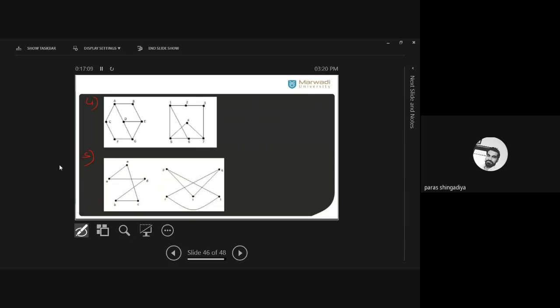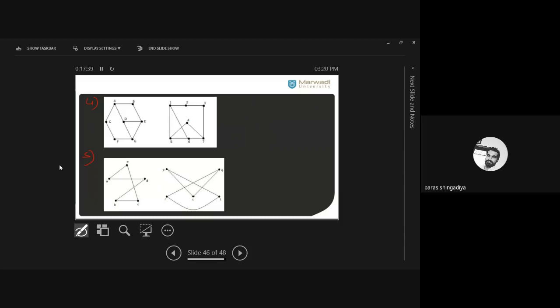Here we plot A, B, C, D, E, and here it is mentioned 1, 2, 3, 4, 5, 6. You have to find such a vertex whose degree should be 3. That is case 1. And now what is case 2? Here this A is adjacent with 3 more vertices. A जो है किसके साथ कनेक्टेड है? 3 वर्टेक्स के साथ कनेक्टेड है, ठीक है? इसमें 2 की डिग्री 2 है, ठीक है, और 1 की डिग्री 3 है. तो फाइंड आउट सच प्लेस.